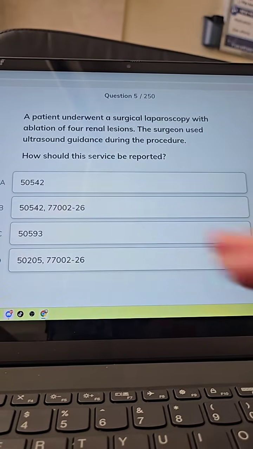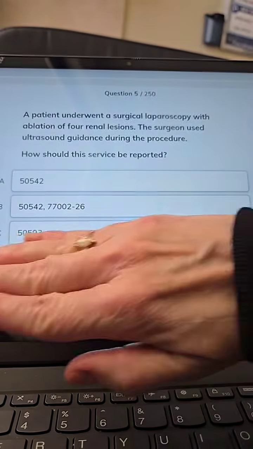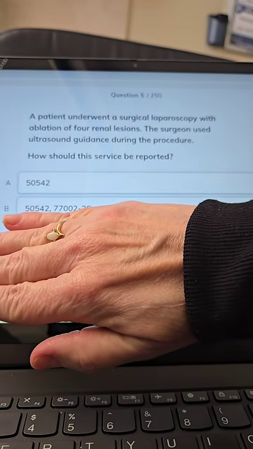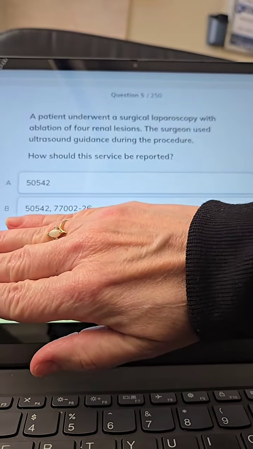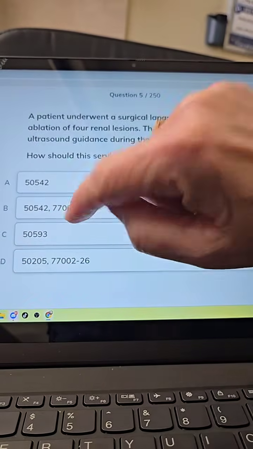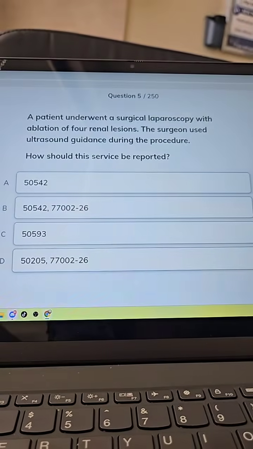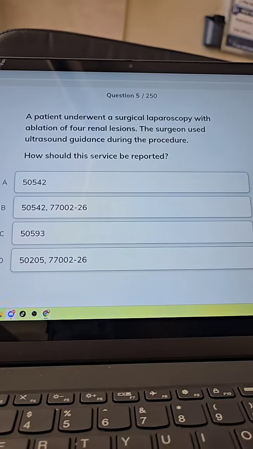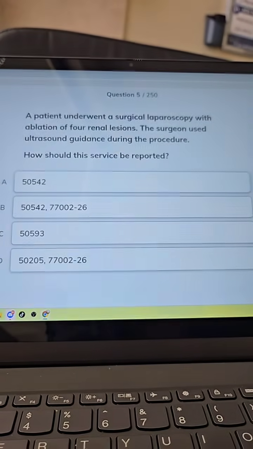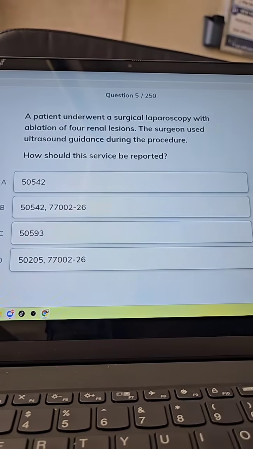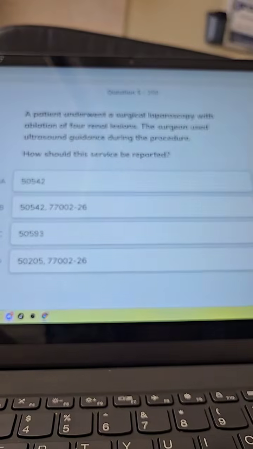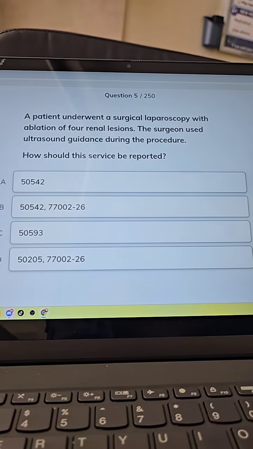But what I would do is look for similarities in this one. So we've got A and B are both very similar. The only difference is, do we add radiology to it or not? So I would go to that code and see if it already includes ultrasound. If it does, then you know your answer's A. Do have to make sure that you're under the right header, but